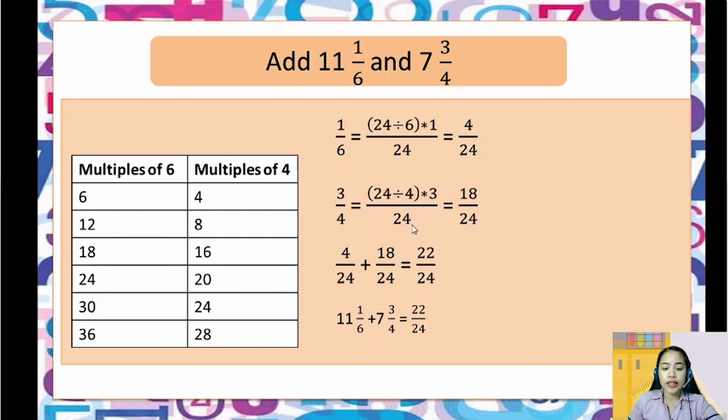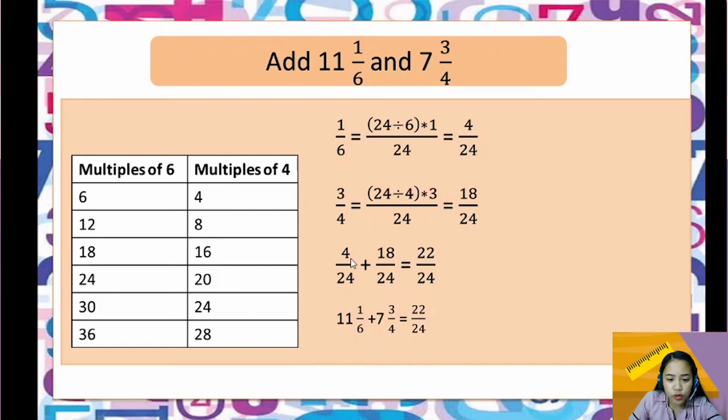Kasi ito yung bago nating LCD. Si bagong LCD, i-divide sa dating denominator. 24 divided by 4 is equal to 6. Tama? So, 6, and then i-times sa dating numerator, which is 3. So, 6 times 3 is equal to 18. 18 over 24. Pwede na ba nating i-add? Pwede na. So, meron tayong 4 over 24 plus 18 over 24 is equal to